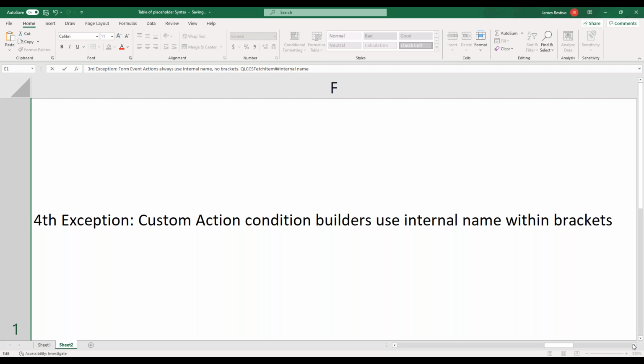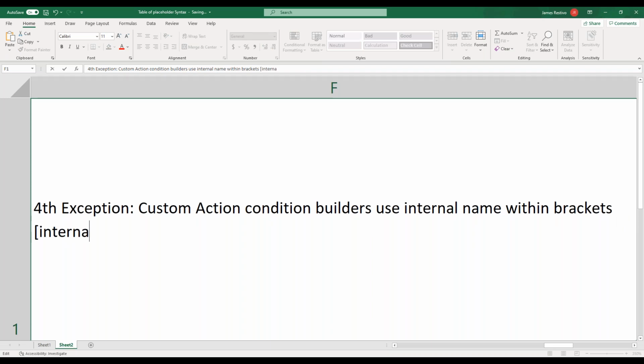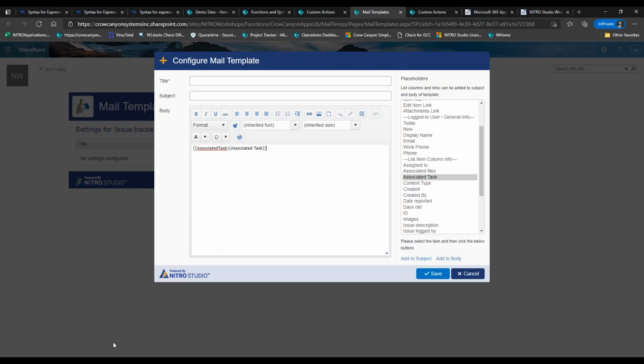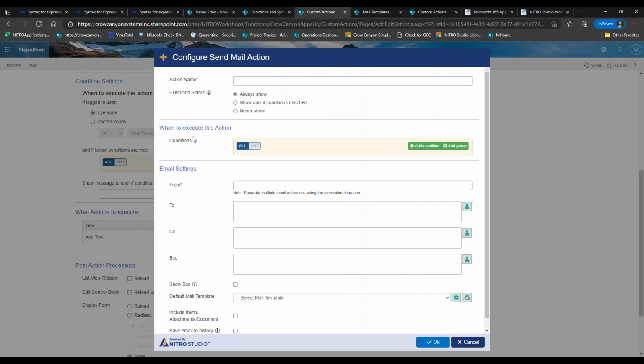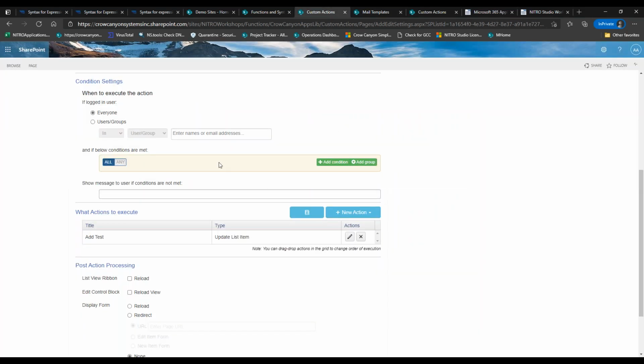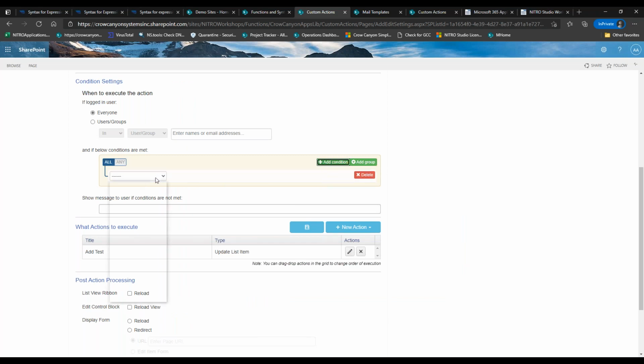There's a fourth exception, actually. In custom action builders, we can use an internal name within brackets. So again, that's going to be the internal name, like that. And the custom action condition builder, so what I mean there is if you're in your custom action, let me get back over to this one. This is what I'm talking about here. This condition builder or this condition builder, if you want to check against something else, let's say,